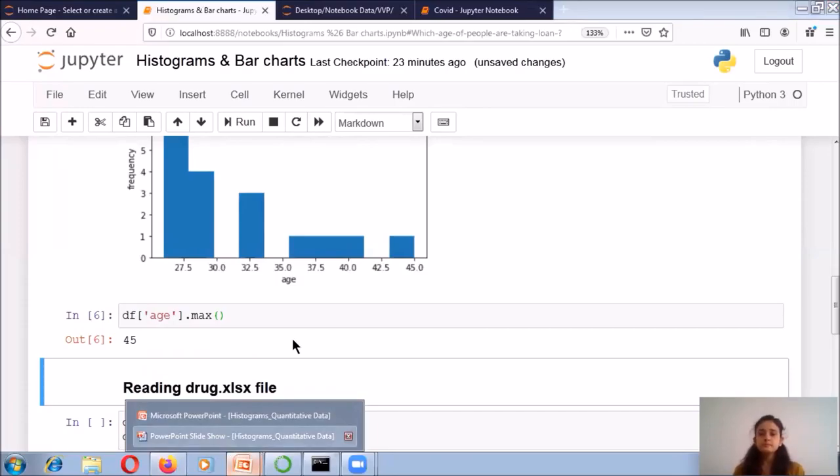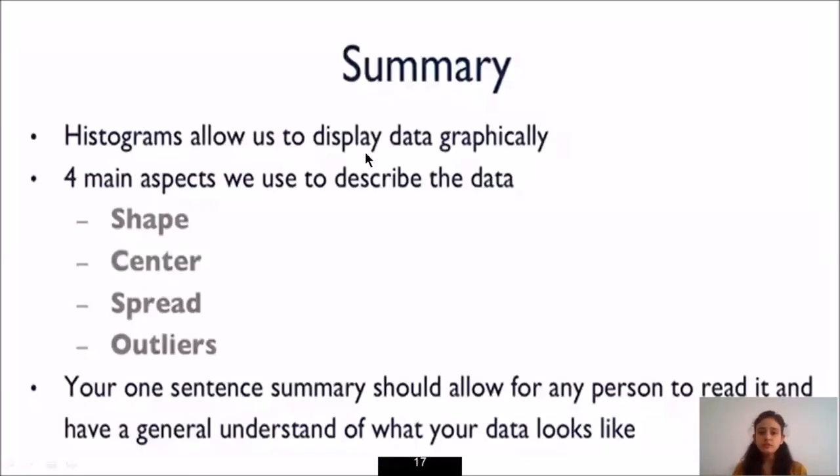Now a quick summary of the histogram. It allows us to display the data graphically. The four main aspects of the histogram to describe the data are shape, center, spread, and the outliers. We have already seen this in the previous lecture. If you have not gone through the previous lecture, then just watch it now and then see this lecture.